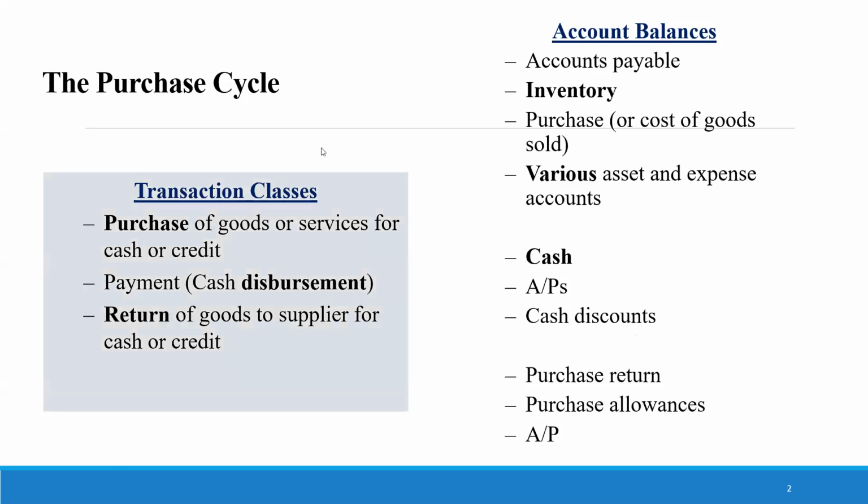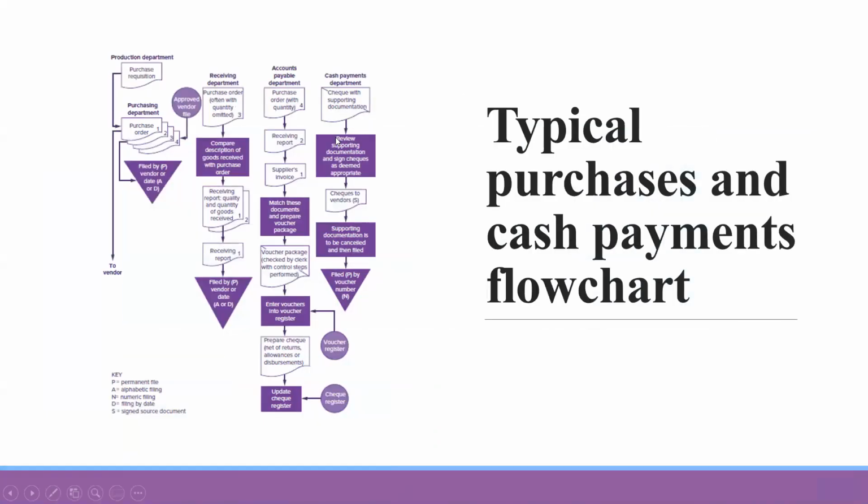So in the purchase cycle, there are also different departments involved. If we look at the procedures, what are the necessary controls? And what are the important documents? Also, in relation to what we mentioned about the accounting treatments, at what time point will those accounting treatments be recorded? For example,